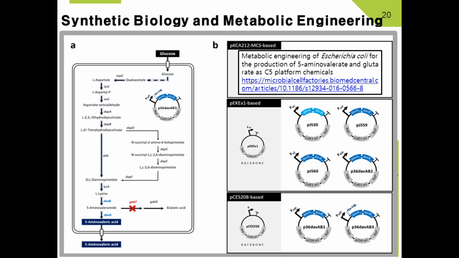Now, because we want to do direct fermentation for 5-AVA production, we decided to use a different host strain, Corynebacterium glutamicum, or Coryne, because it can produce a lot of lysine, the precursor for 5-aminovalerate. We did the same thing, but we used a different plasmid, because the pKE112 has just one origin of replication for E. coli to recognize.